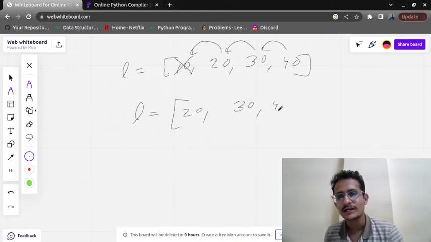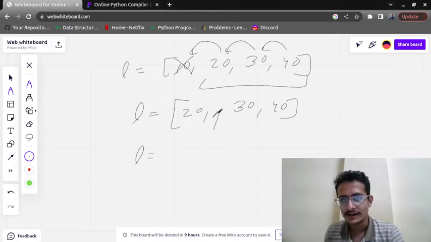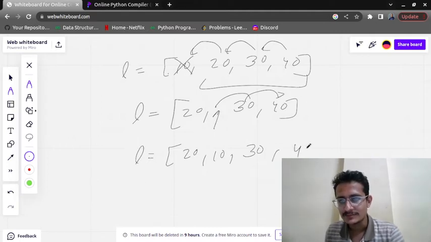So we are going to get a list like this. So you have to traverse the entire list. Okay. If you want to add an element here, again what you will do, suppose I want to add 10. I will move 30 to the next space, then 40 to the next space, okay, like this.